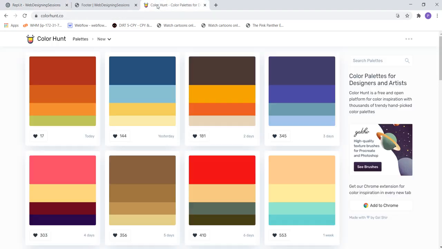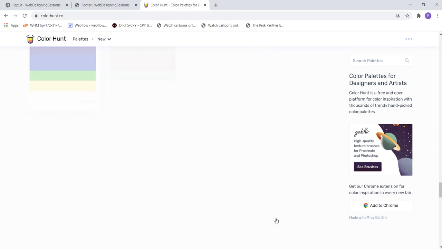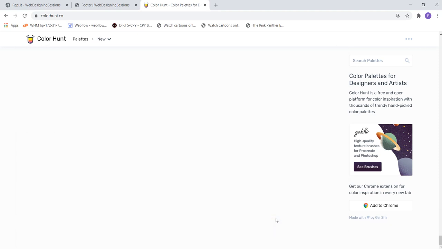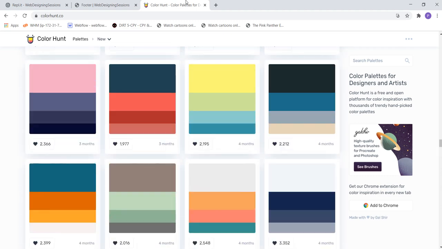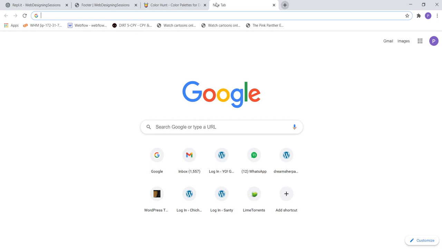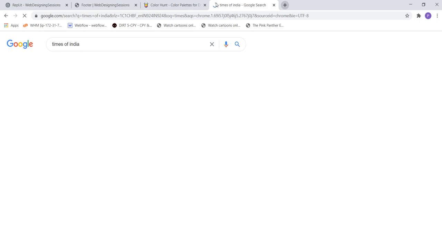Generally in footers, if you take this Color Hunt website, you can see that it has some copyrights at the bottom. Let me show you the bottom. Okay, this has more colors. If you go to any website, you will get the footer. Let's see Times of India. When you click,